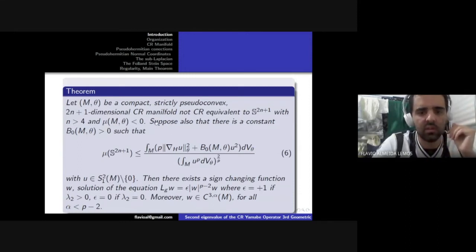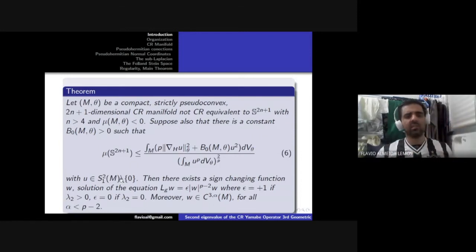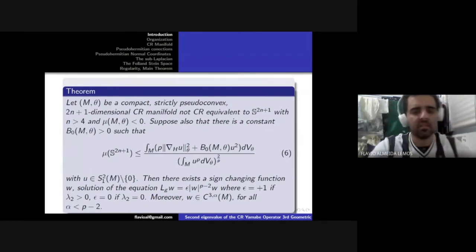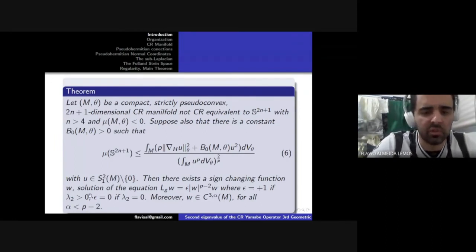We need to suppose also that there is a constant B0 such that it satisfies this inequality, with U in this space. It's a Folland-Stein space, like a Sobolev space in the CR context. Then there exists a smooth positive function W, a solution of this equation,